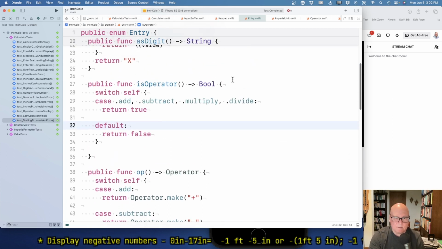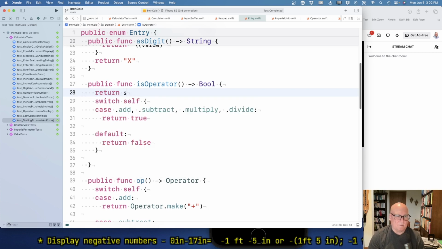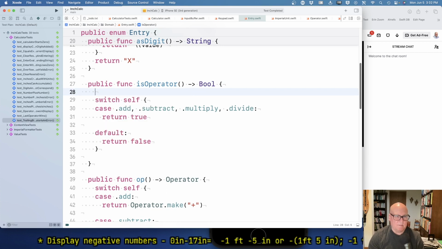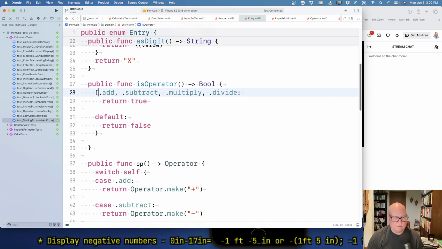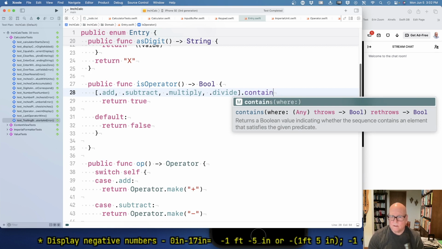Okay. I mean, that should be simpler, right? Return, well, let's say return, just self. How about this? Dot contains dot